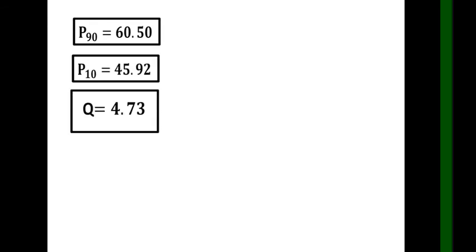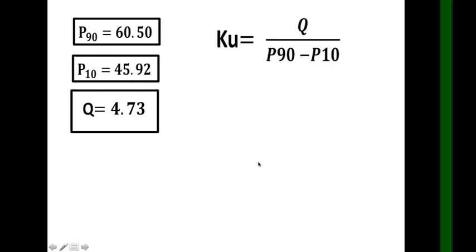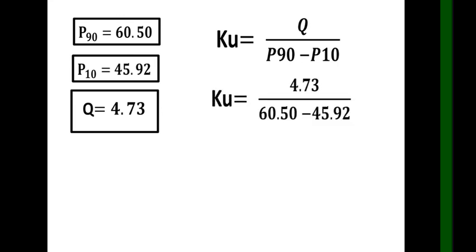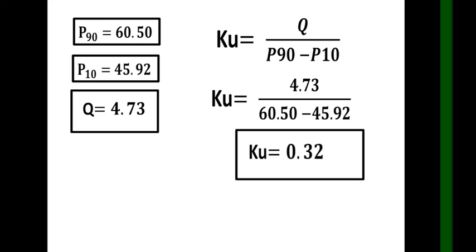And the quartile deviation is 4.73. This is what we solved a while ago. And then the kurtosis formula is equal to Q over P90 minus P10. So our given Q is 4.73 over P90 minus P10. P90 is 60.50 and P10 is 45.92. Subtract the two in the denominator and then divide it from 4.73 and you will get 0.32 as our kurtosis